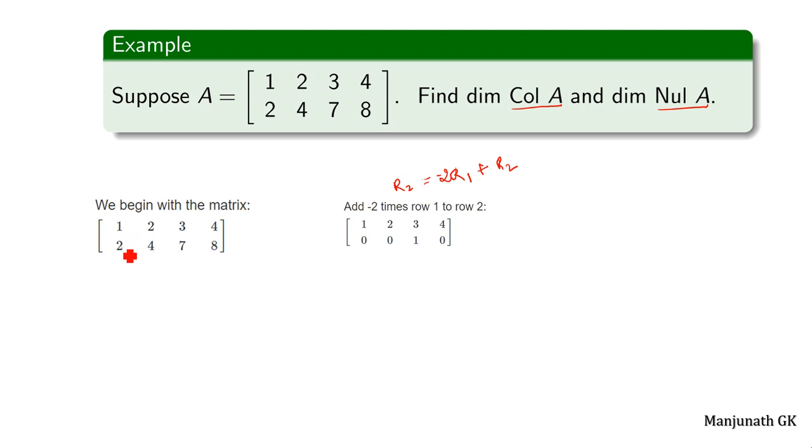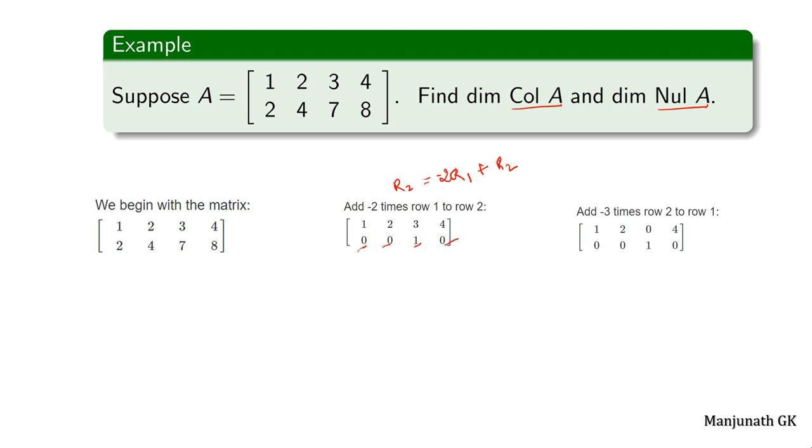Minus 2 plus 2, it is 0. Minus 2 into 2, minus 4, plus 4, it is 0. Minus 6 plus 7, it is plus 1. Then minus 8 plus 8, it is 0. Now